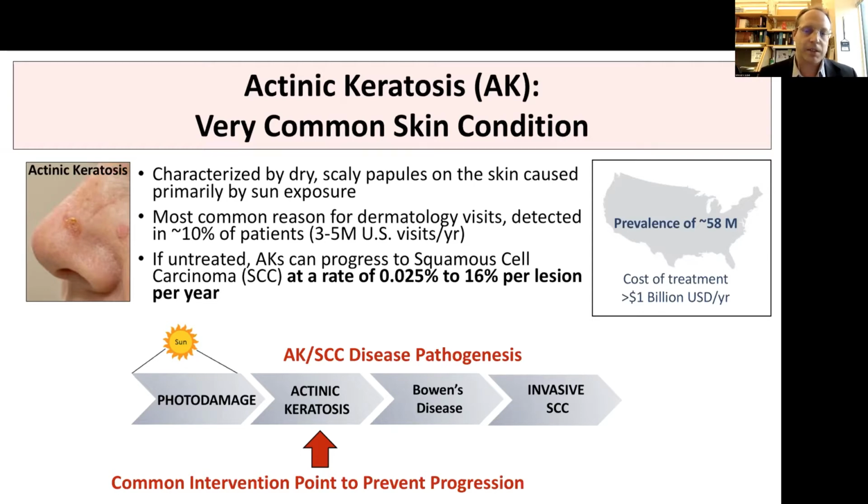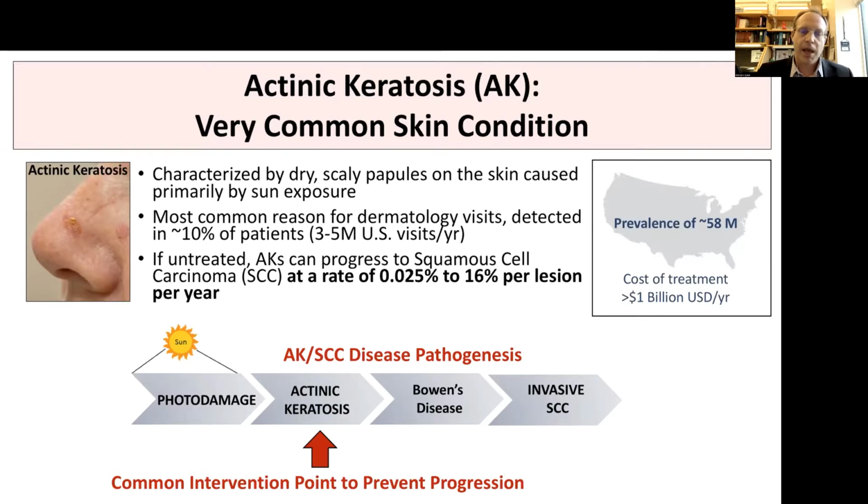And on the right, you can see the prevalence can be upwards of 60 million Americans that have actinic keratoses, for a cost burden on society of over $1 billion per year. If untreated, these actinic keratoses progress to squamous cell carcinoma. And here towards the bottom in gray, I show this progression from the photodamage caused by the sun to these pre-malignant actinic keratoses to in situ squamous cell carcinoma, also called Bowen's disease, and then finally progression to invasive squamous